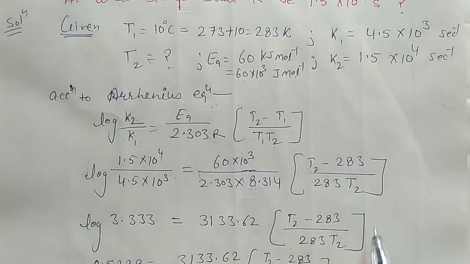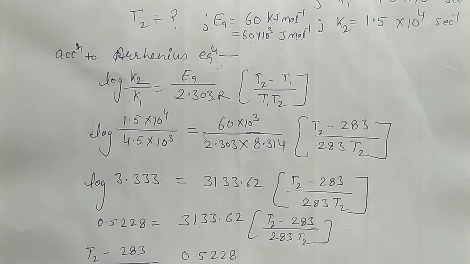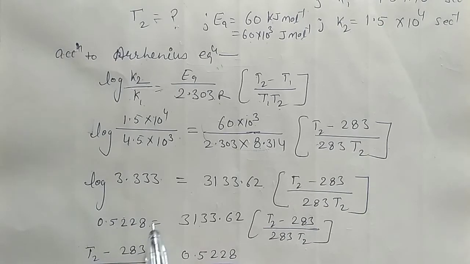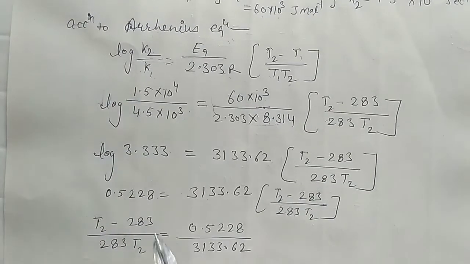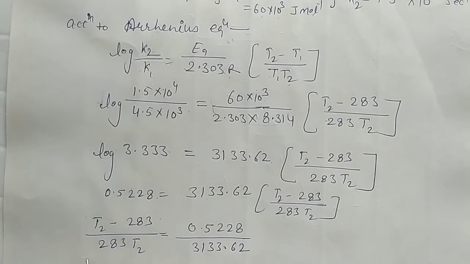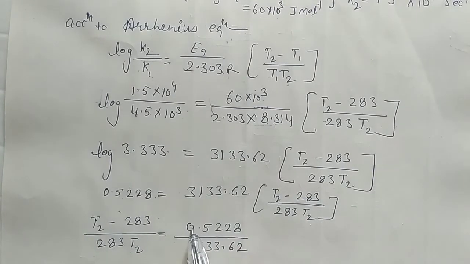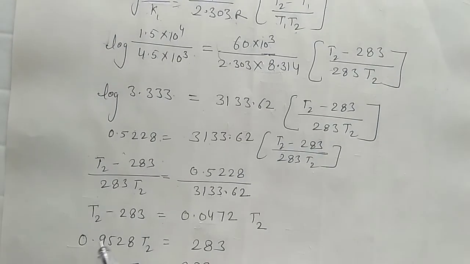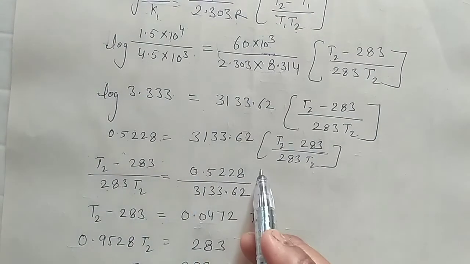3133.62, and this is as it is. Okay, the value of log 3.33 is 0.5228 is equal to 3133.62. So T2 minus 283 upon 283 T2 is equal to, this value is taken here, 0.5228 upon 3133.62, and by solving this equation, T2 minus 283, this is taken here, so